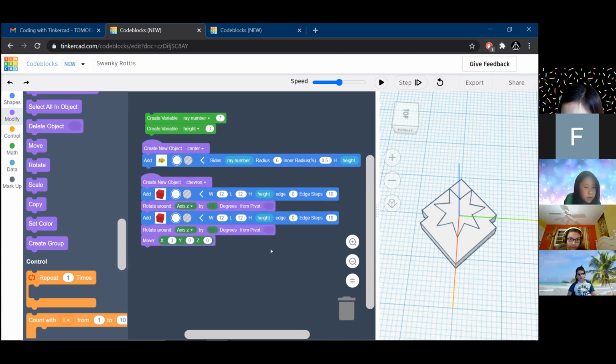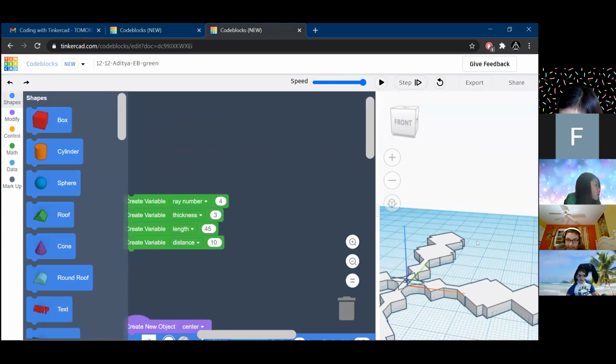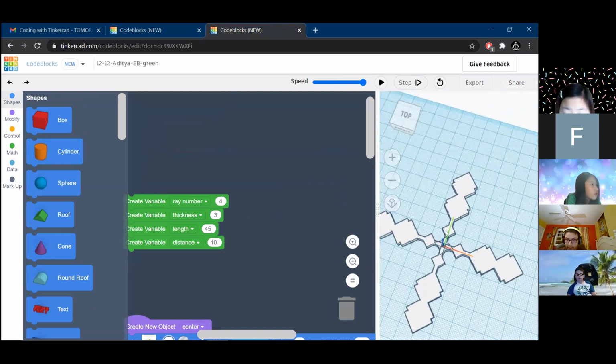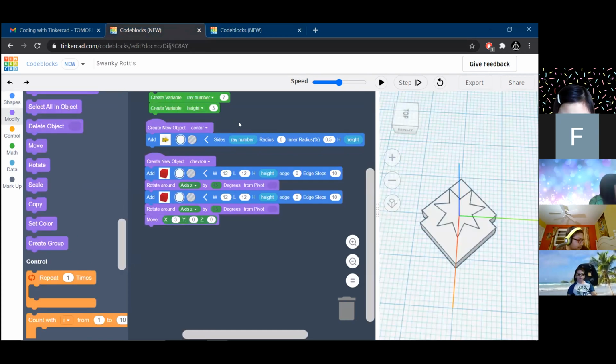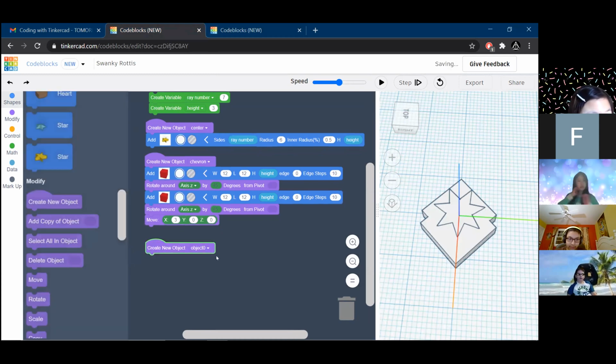So we have our chevron shape now. Now we're getting there. What we have to do is make the ray shape. In this example we have 4 ray shapes, 1, 2, 3, 4. Each ray is like an arm. So what we're going to do is create a new object, and this one is going to be called ray.